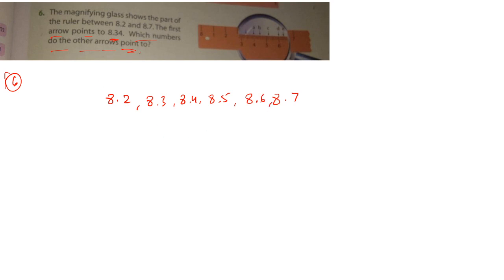and then 8.7 is there. Okay, so the question is saying the first arrow points to 8.34. First arrow points to 8.34. So 8.34 will be between these two. Okay, so which numbers do the other arrows point to? So this was the hint, and do it on your own. Now question number next